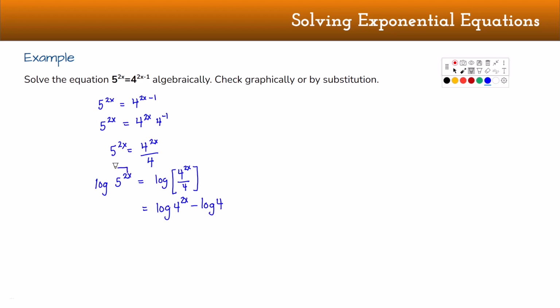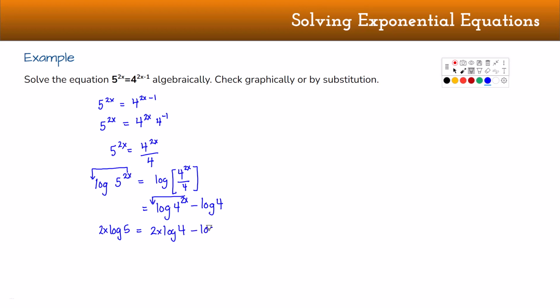Now I can take this, bring it out front, same with this 2x right here. So this is going to leave me 2x log 5 equals 2x log 4